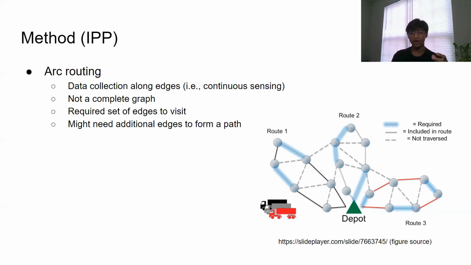An example of arc routing is the snow plowing problem, where one has to traverse every road to clear snow while minimizing the total travel distance. Garbage collection, mail delivery, and network maintenance are similar problems that can be solved using arc routing. Our problem has to be solved as an arc routing problem because our data collection happens along the edges of the road and not at the intersections, which are modeled as nodes in the graph.